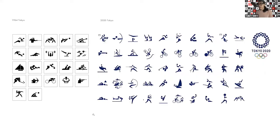Seeing the 1964 Tokyo Olympic pictograms in the Symbol Sourcebook and connecting them to the 2020 Tokyo Olympic pictograms that were, of course, in 2021 and happening in real time during my research seemed like a good place to dive into a design story. In researching the design of the 2020 pictograms, designer Masaki Hiromura and his team of designers